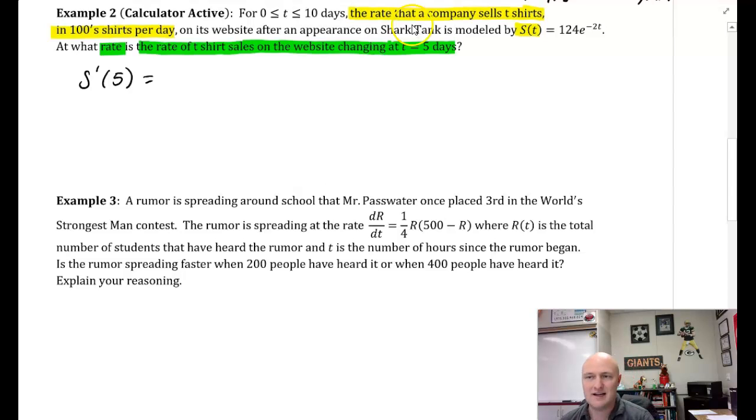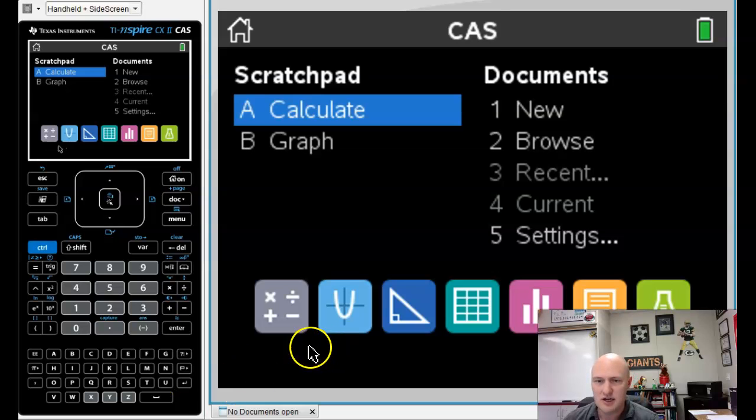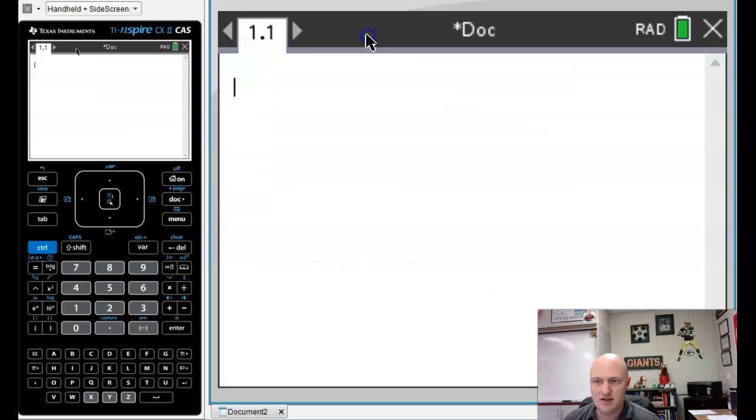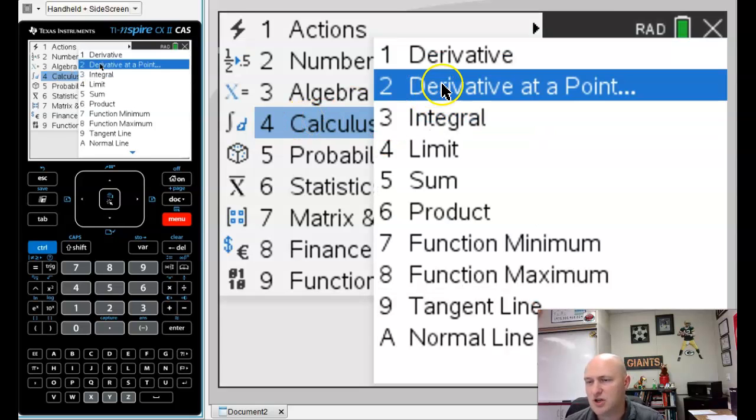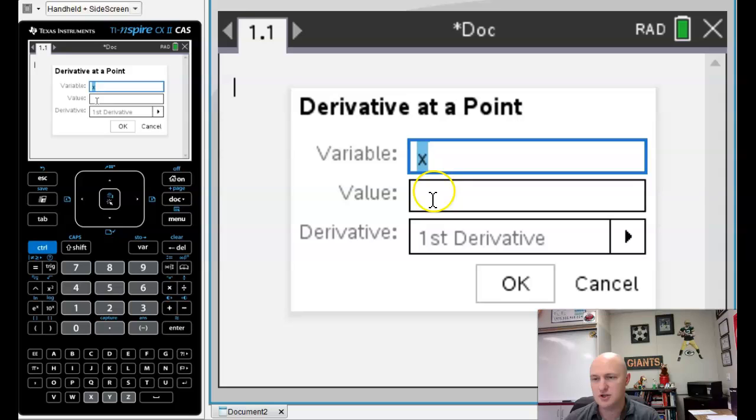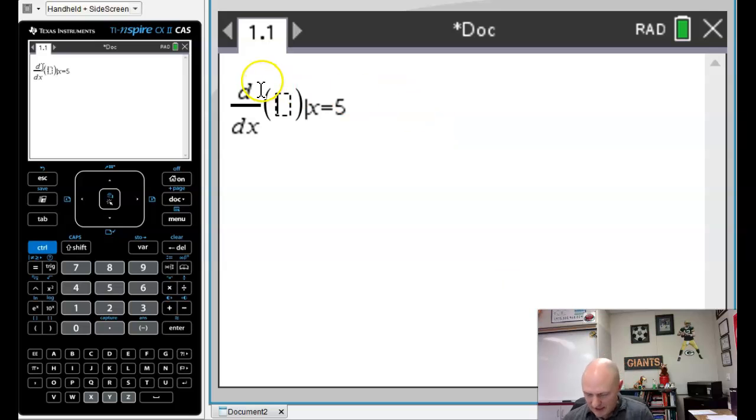Okay, it's calculator active. I'm going to save my mind and my time by using a calculator. So I'm going to go ahead and open up a new document and a calculator, and I'm going to go to derivative at a point. Now, if this was an actual AP exam question, I would first define that function, because I'm probably going to have to use the function more than once, but here I'm just using it to answer this question. So I'm evaluating at 5, and the function that we have is